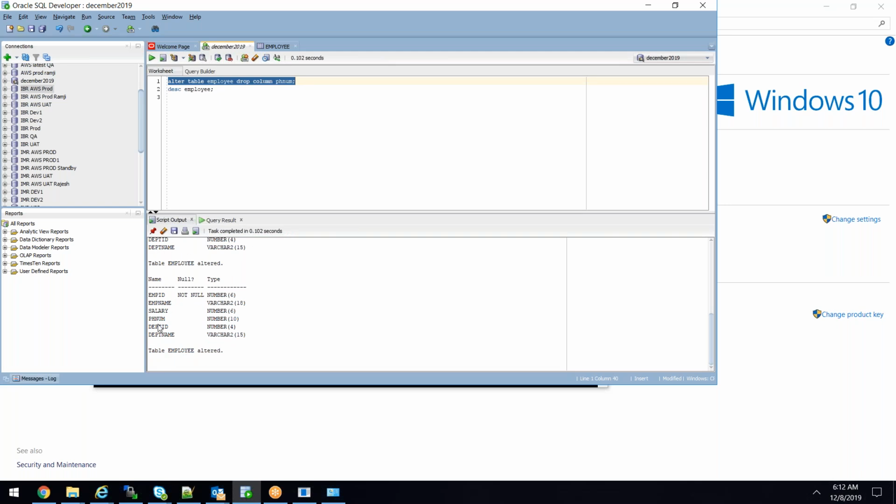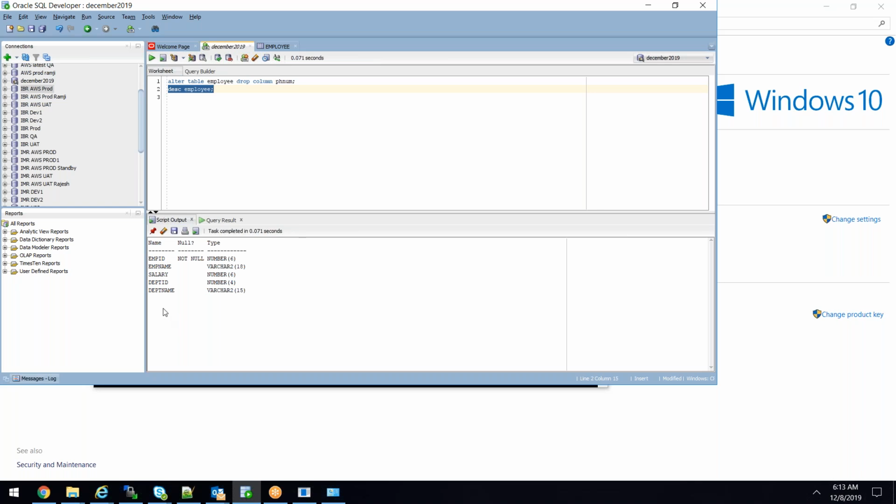And one more thing, these are the results of the previous queries. I can clear them. If you see this symbol here, the second one, that is nothing but clear. Just click on that, it will clear everything. Now if you describe the employee table, you see only employee ID, employee name, salary, department ID,